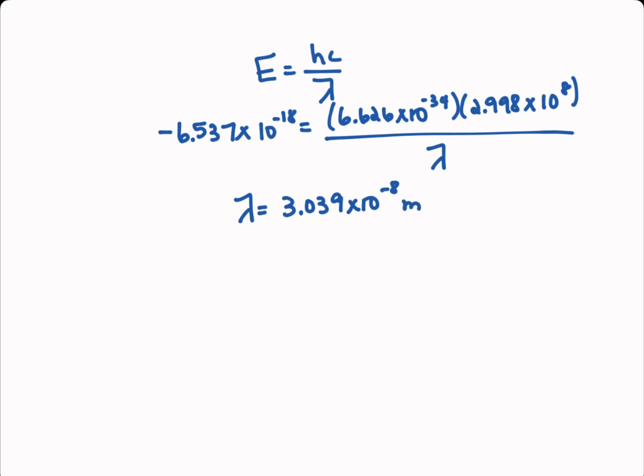Now they asked for wavelength in nanometers, but this is in meters, so we're going to have to convert. If meters is in the numerator, meters goes in the denominator. 1 nanometer is 10 to the negative 9 meters, and so wavelength is